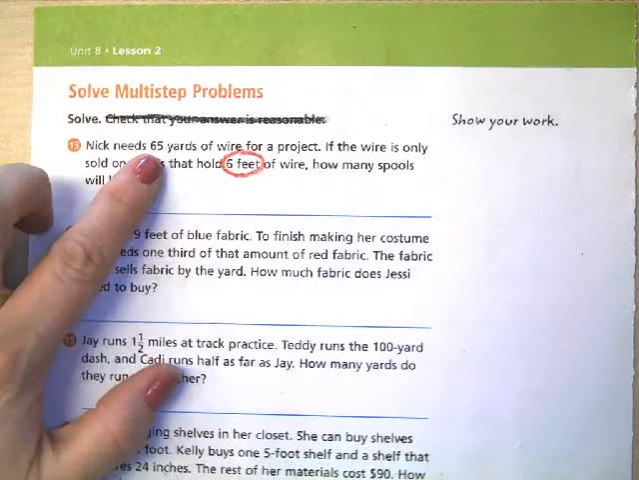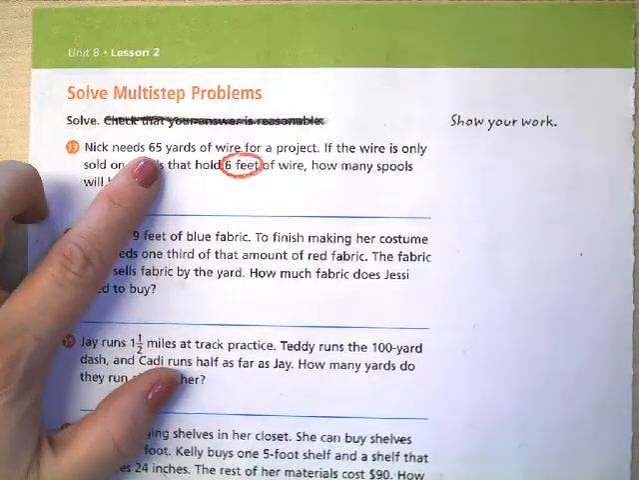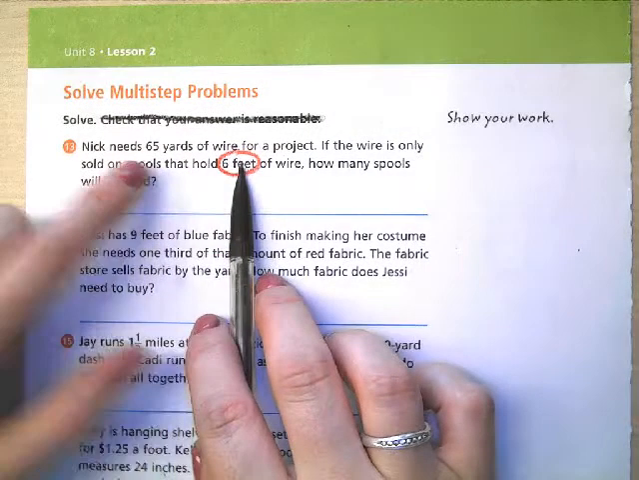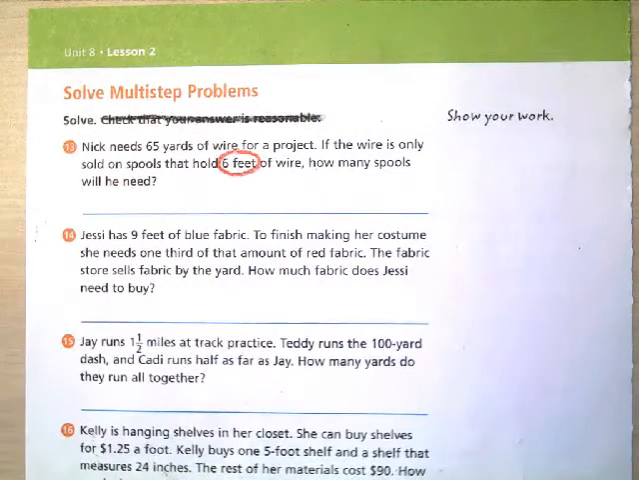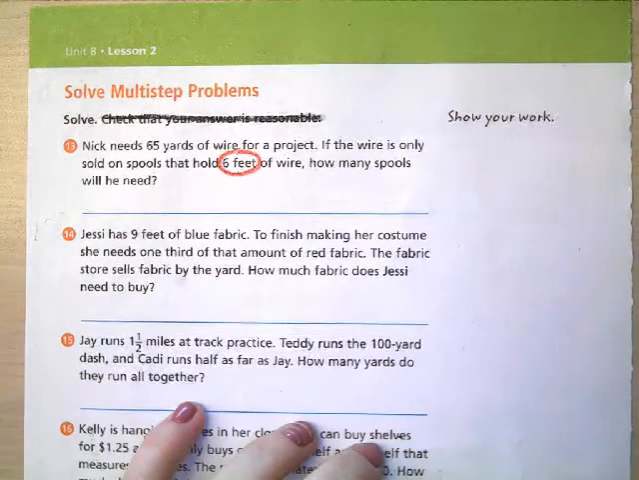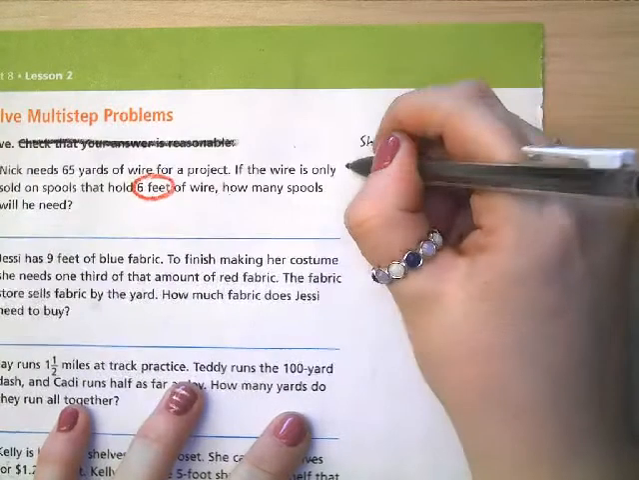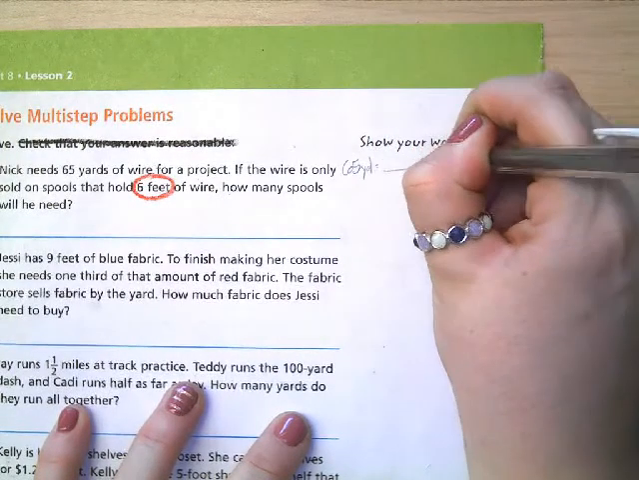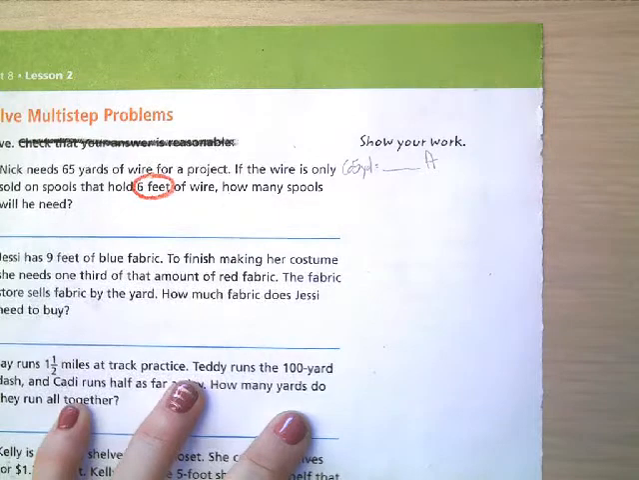So, hold 6 feet, and he needs 65 yards. So you're going to have to change this yards to feet because that's how you buy that at the store is in feet. You don't buy it in yards. So we're going to have to do a unit conversion here. So we're going to be doing 65 yards